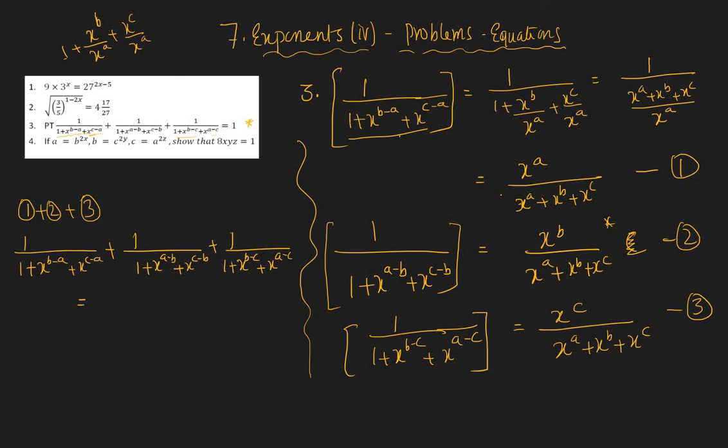That's equal to, your LHS is equal to these quantities, which is x power a divided by x power a plus x power b plus x power c,